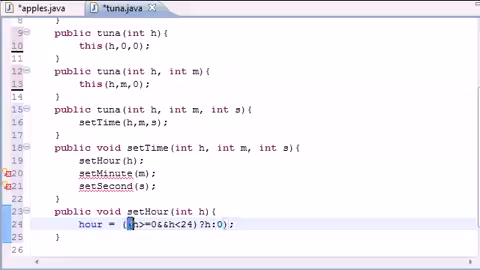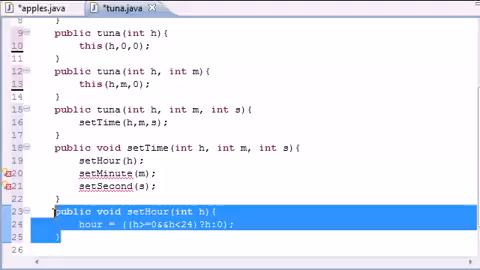So again, this is a conditional expression, or it's pretty much just the same as an if statement. What this is going to do is check if the hour is greater than 0 and less than 24, and if it is, use it. If not, use 0. So now do the same thing for minute and second, except when we use this,